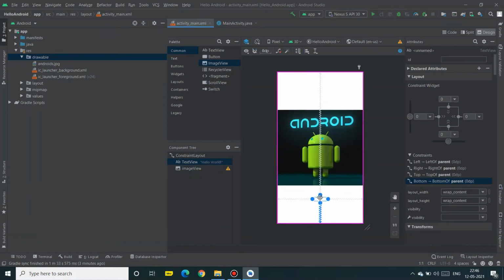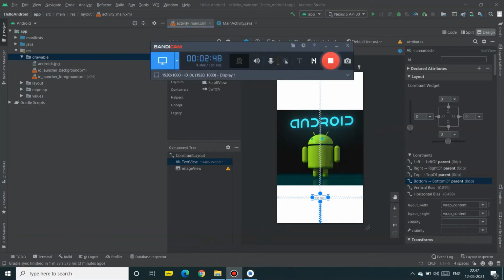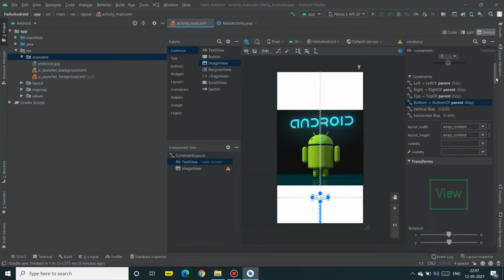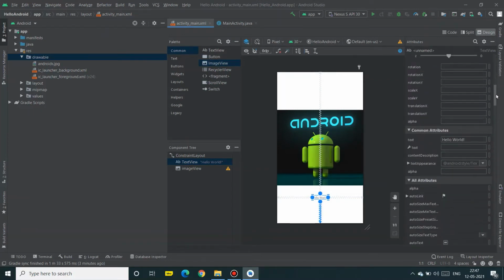I want this text view to be downwards. Let's change the text view settings. I would like to change it from hello world to hello Android.